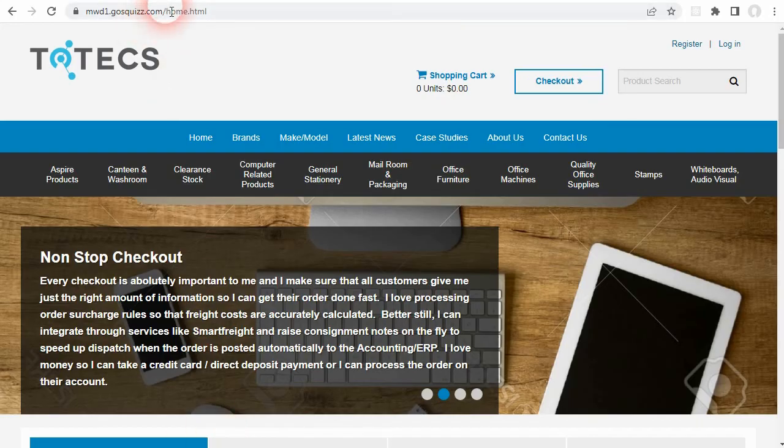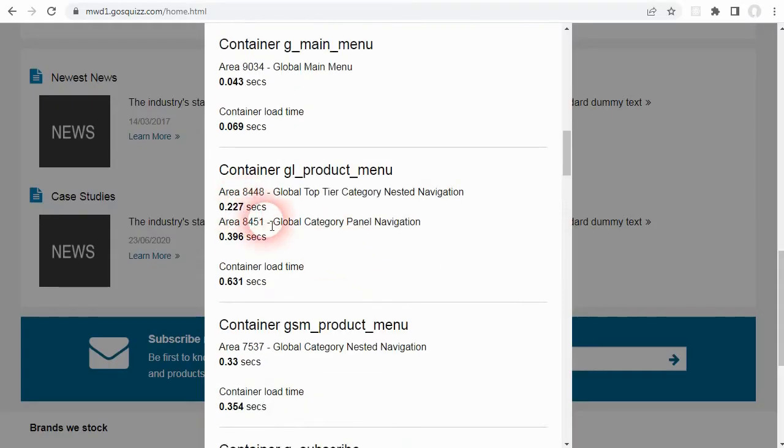Now when we reload the page, we can see for the category nested navigation area, it's still taking 0.2 of a second to load, which is quite a lot, because when the web page first loaded, it still had to retrieve and calculate the content for that area. Now it can store it in cache. So then when we reload the page for the second time,